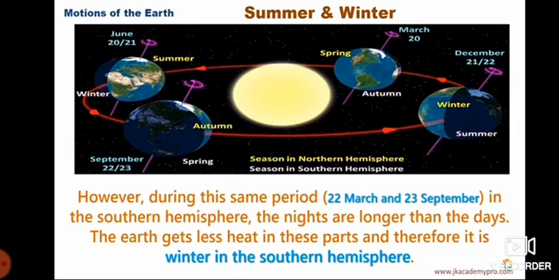So now how can you keep it in mind? Suppose in winter season, there is so much cold, isn't it? So we feel sleepy. So keep in mind, winter season means nights are longer than the days, and in summer season mostly we have summer vacation, yes or no, that time you like to play, so you can keep in mind that daytime becomes greater that time and night time becomes shorter. Okay, so did you understand what happens between 22nd March and 23rd September in the northern and southern hemisphere? Yes, so now I'll show you in the form of a video.